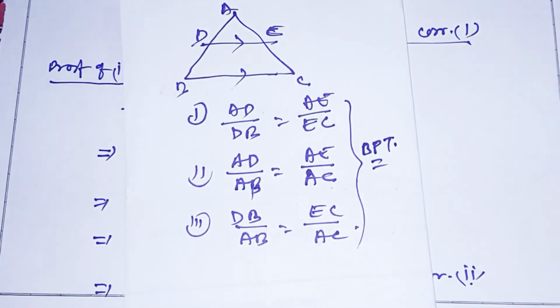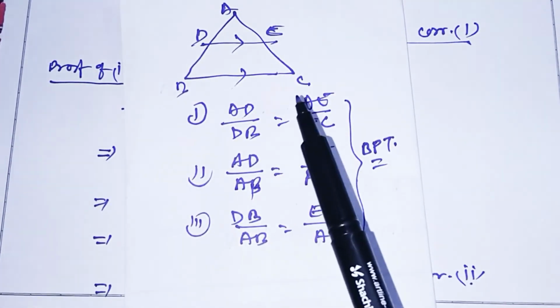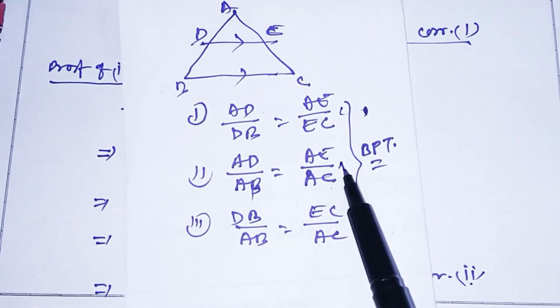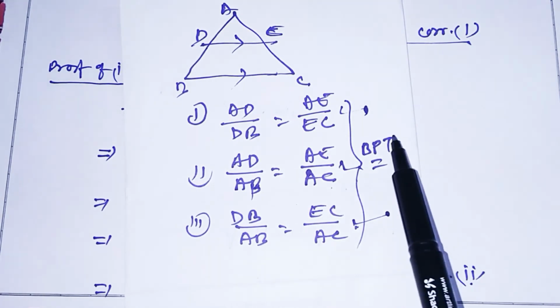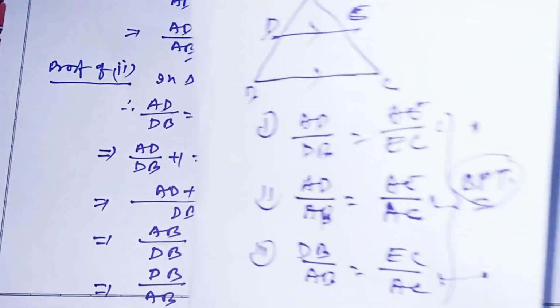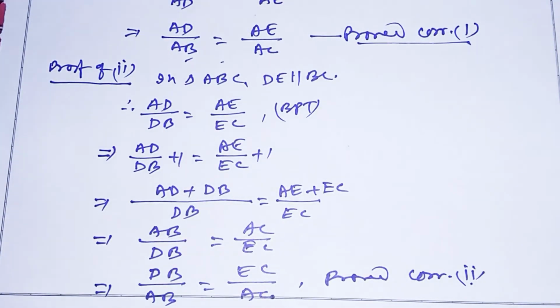Whenever we use BPT, we can take this property also if we require, or you can use this, or you can use this, and the result we quote as BPT. Clear? I hope you understood the whole concept of BPT. Afterward we'll go for some questions based on this, how to use BPT in different sums. Okay, thank you.